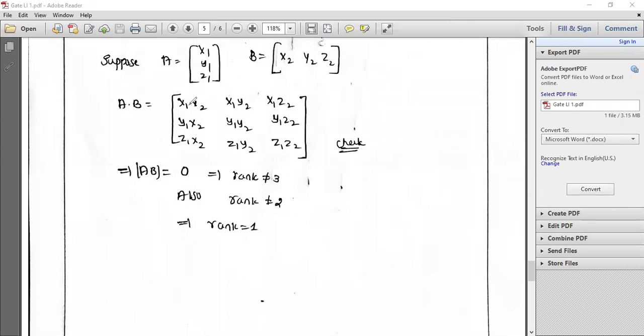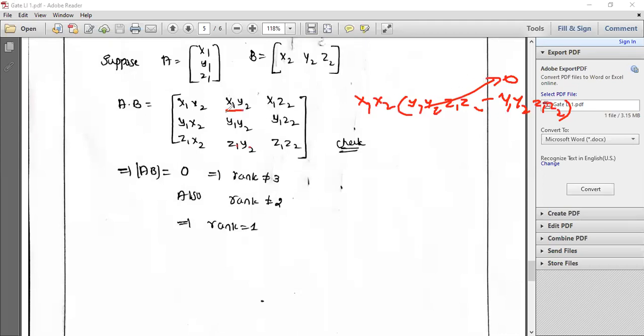So what about this matrix? If I take the determinant of this matrix, then this is x1 x2 into (y1 y2 z1 z2 minus ...). I will just show you one, and the remaining you can understand easily. You can see here this is y1, here y2, here z1, here z2, and again y1 y2 z1 z2, which means this term will vanish.